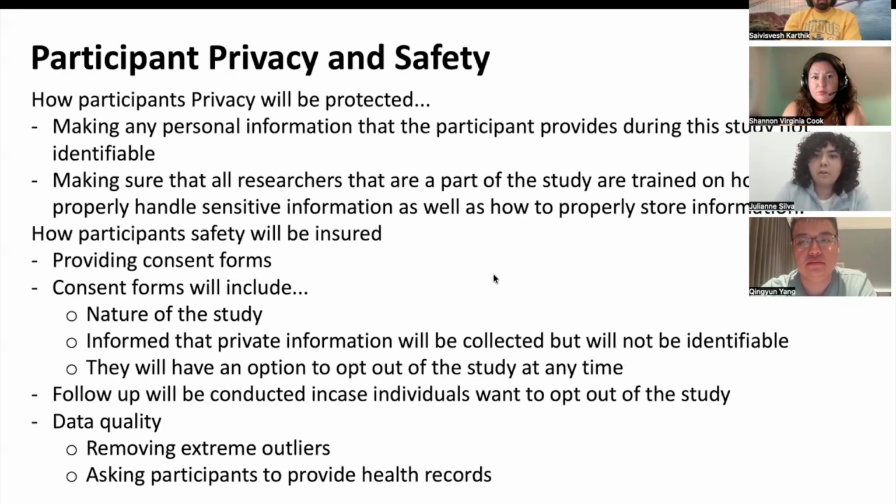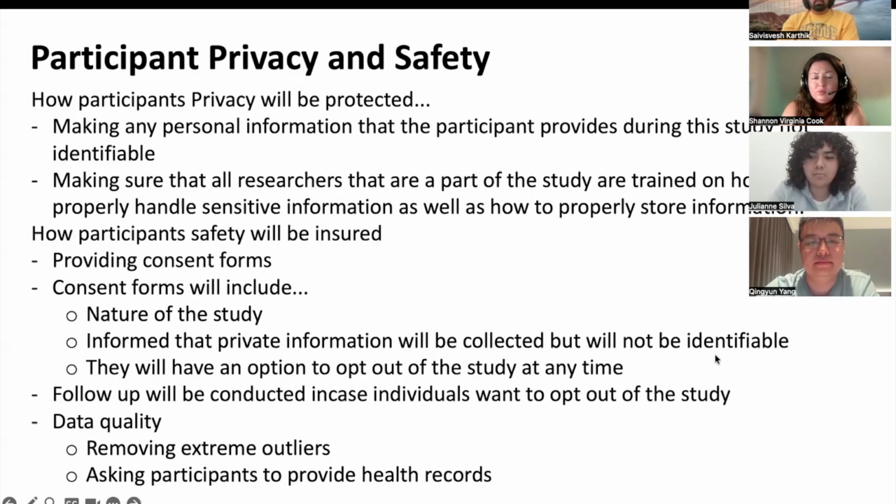And so on to participant privacy and safety. To protect participants' privacy through this study, information that the participants provide will be unidentifiable and have special codes given to them, but will not be able to be traced back to the individual participant. Other safeguards that would be included to ensure participants' privacy would be to provide training to any researcher involved in the study to make sure they are aware of how to handle sensitive information, as well as how to properly